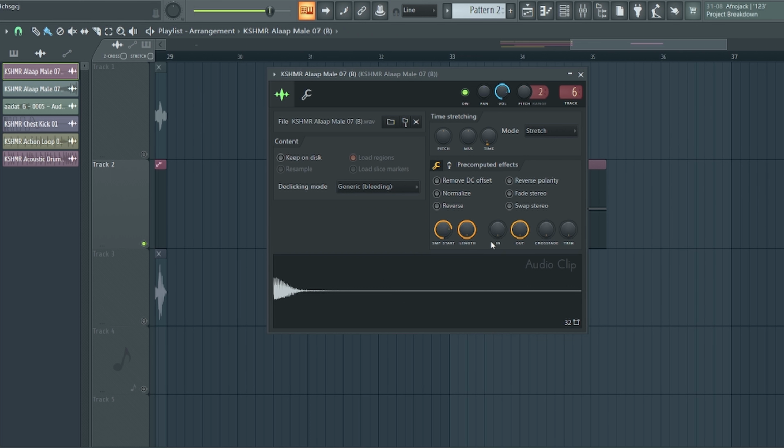So just by adjusting these parameters, sample start and length,